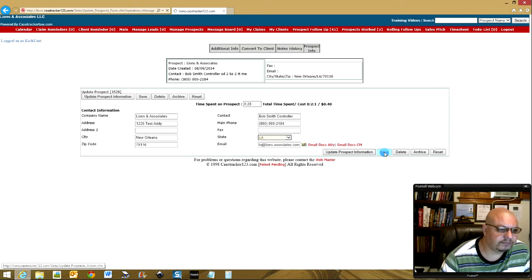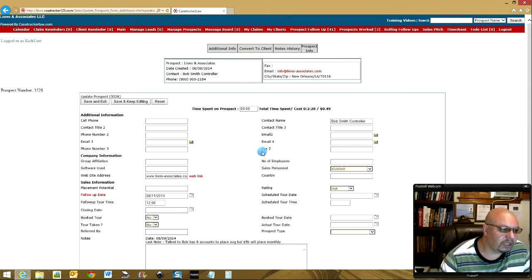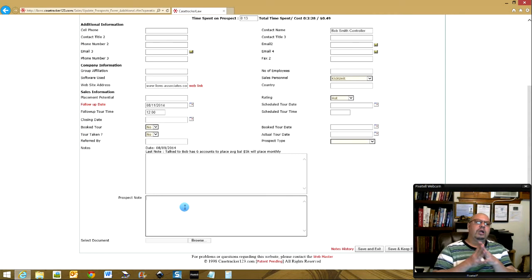And make sure that stuff is in your notes. Of course, your notes history will come up like this if you click notes history, and additional info is of course where you want to go to put your information in. Now you're going to see we have a second prospect note here on the bottom. Your second prospect note is where you put something that you may want